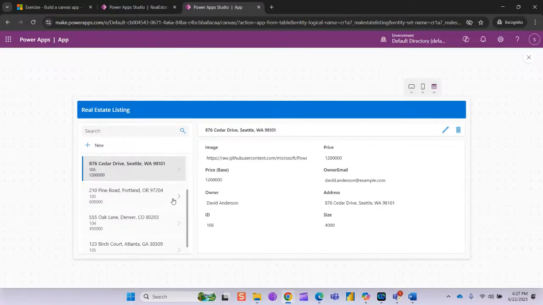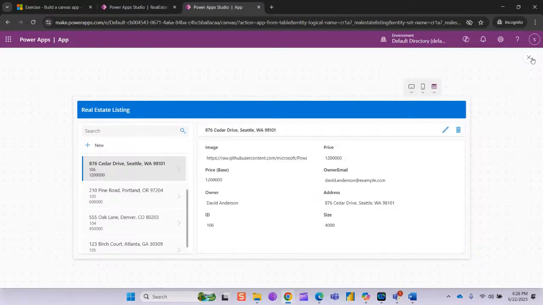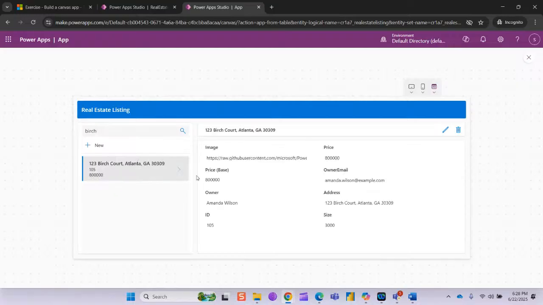Now for another one, if I want to delete this data, you just click on this, and it will give you a confirmation dialog box. That is the one which we have seen there in that tree view container. So if I want to delete, it will get deleted, or else cancel this. And if I want to search, just for this, you can see only that particular item displayed, and here just click on the arrow button. It will show the details of the particular data which we have